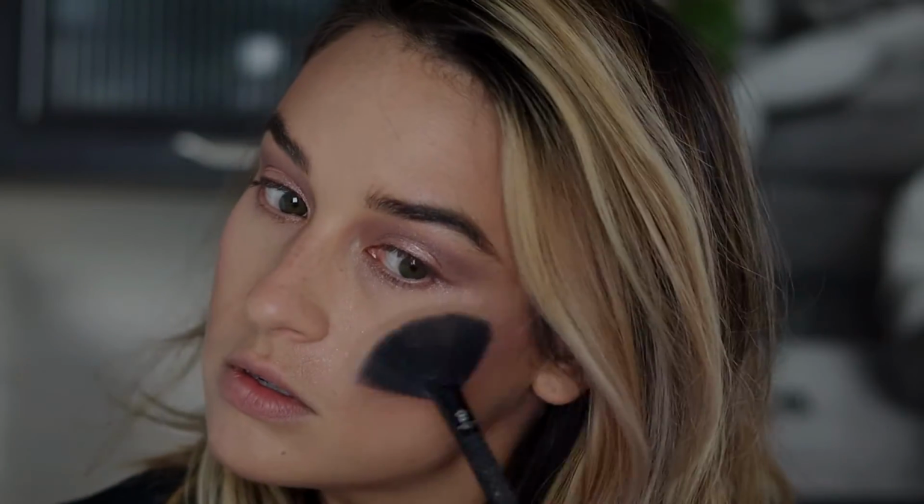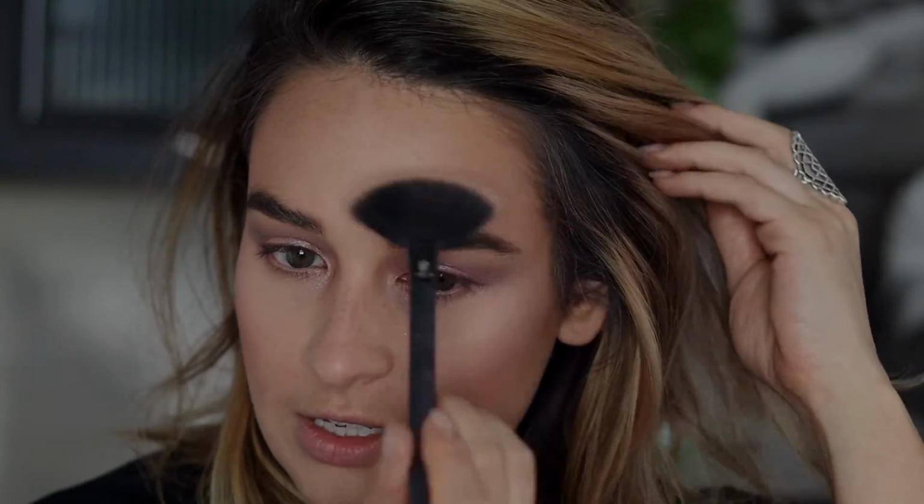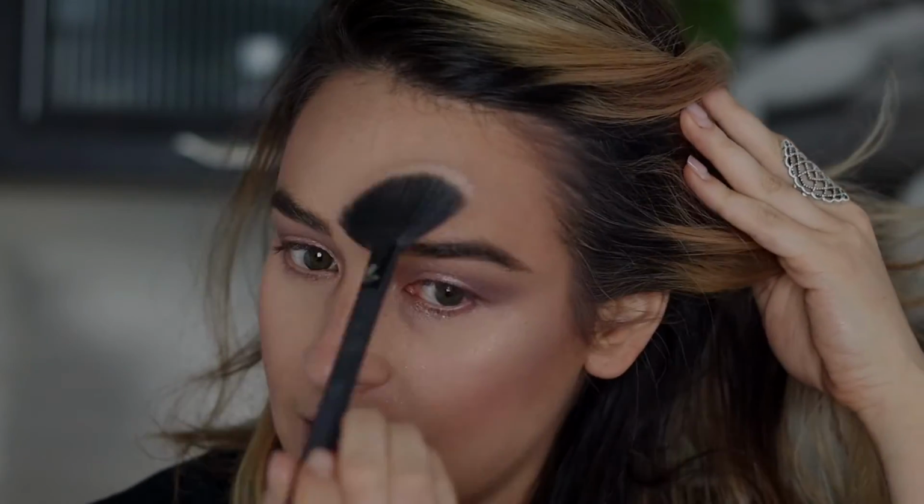Alright, and everybody knows that Alexis is very glowy. She has a nice glow to her. So I'm going to take the Tarteist Glow palette. I wanted something a little bit on the warmer side, so I am going to take Lit, which is right up here in this corner. The nice thing about this highlighter is that you can kind of go a little crazy and it's not going to look over the top because it is such a subtle highlight. It just gives you that natural